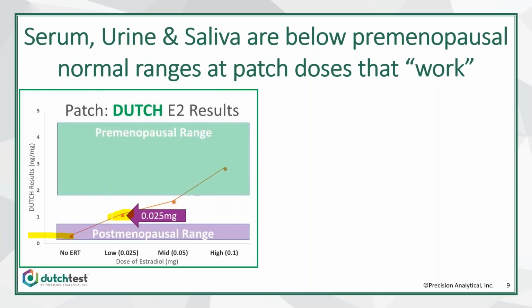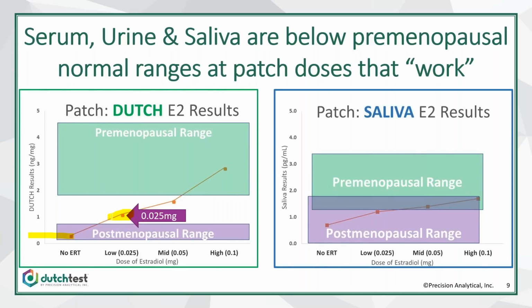And if you want to look at saliva testing, so there's your 0.025. If you want to look at saliva testing, you're going to see the same thing, in that the 0.025 dose on average puts a woman just below the premenopausal range for the saliva testing. And one of the reasons that we don't use saliva testing for estradiol, that's actually really highlighted well here, is